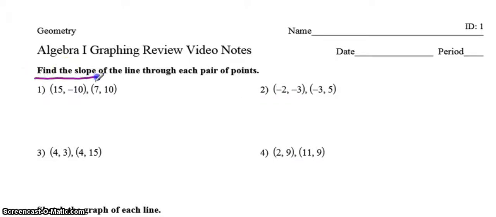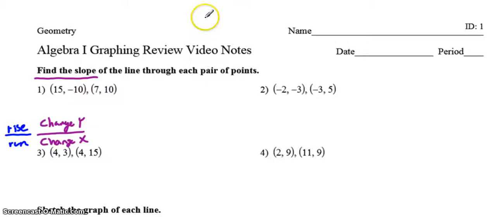Find the slope of the line through each pair of points. Now slope, what do you remember about slope? Well, fundamentally, slope is the change in one variable, often we call that y, over the change in another variable, often we call that x, so the change in y over the change in x. Now you might also remember slope from a graph. We often call that rise, which is the change in y, up and down, over the run, the change in x, or the kind of left to right